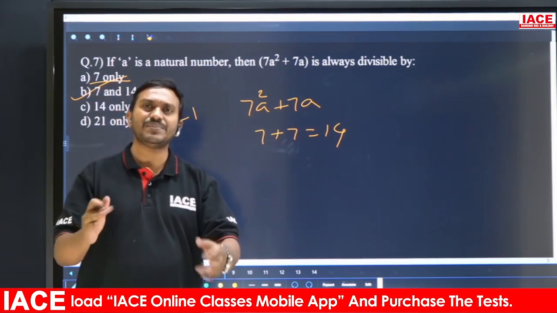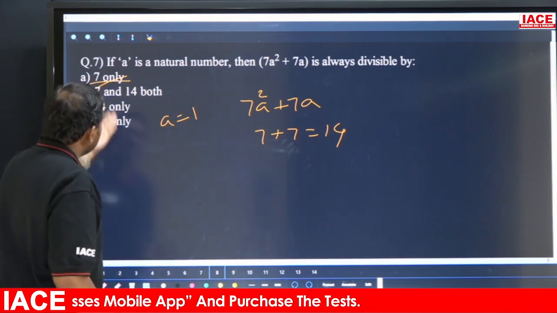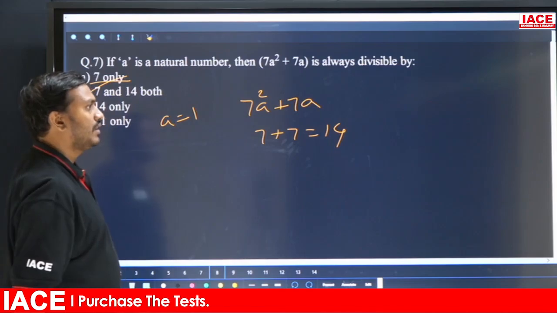Put the expression in that expression. Put A equal to some value. So we are getting a number. That number is divisible by which of them? You just have to check. Let me just check the code. Okay. Right. And then